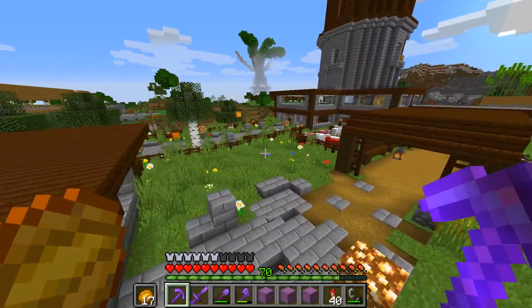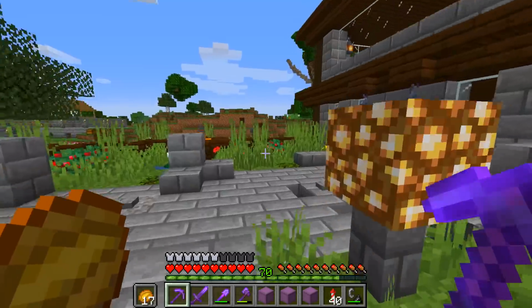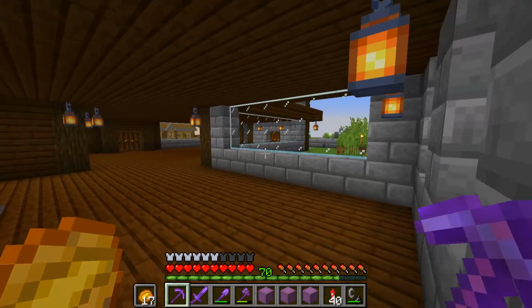Actually, thinking about it, we should probably head over to the auto smelter now, just so we can go back and pick up some of that coal. Will it let me get over this? Come on. Okay, there we go. So yeah, let's just go down to the auto smelter, put all of this stuff in, and while all of